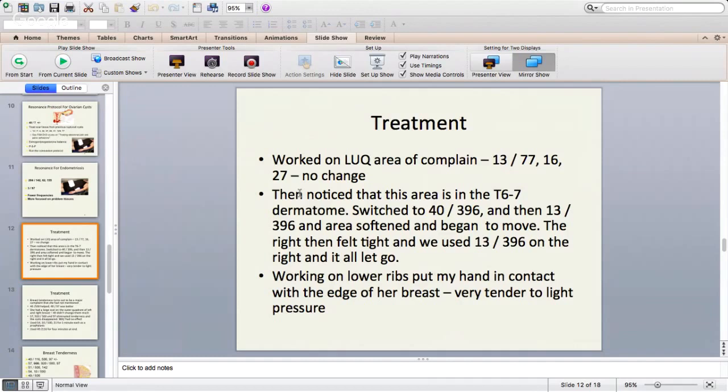Nothing changed. So one of the things you've all learned by this time is that if the treatment doesn't work, it's because you're treating the wrong thing. So I noticed that this area is in the T6-7 dermatome, and I switched the precision to 40 and 396 and treated the nerve. That area got softer, and then we did scarring in the nerve, and the area softened